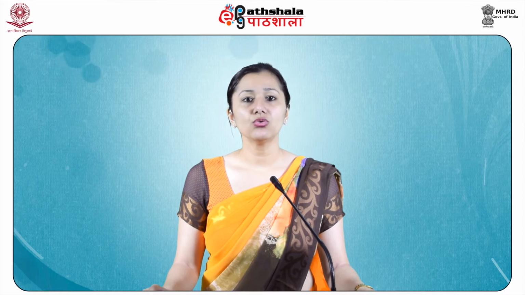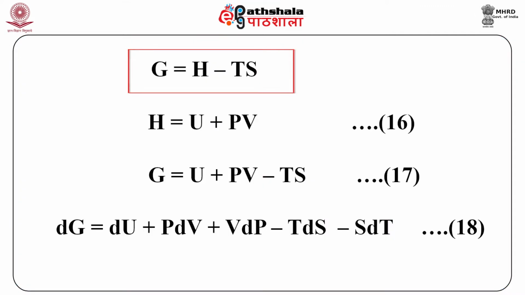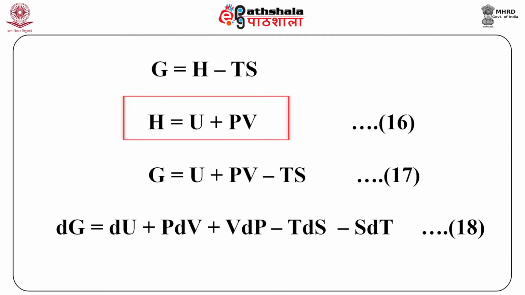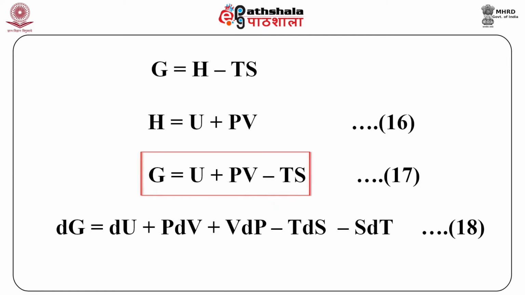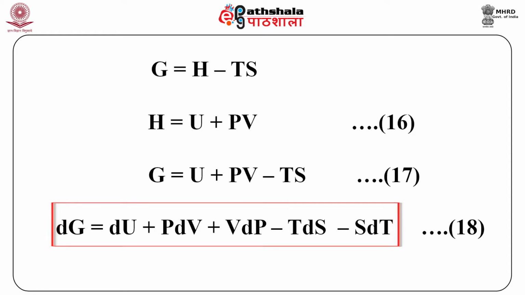Now we shall see the effect of temperature and pressure on free energy. Considering equation 2, we have G equals H minus TS. Also, H is equal to U plus PV. This is our equation 16. Substituting equation 16 in equation 2, we get G equals U plus PV minus TS as our equation 17. Differentiating the equation, we have dG equals dU plus PdV plus VdP minus TdS minus SdT as our equation